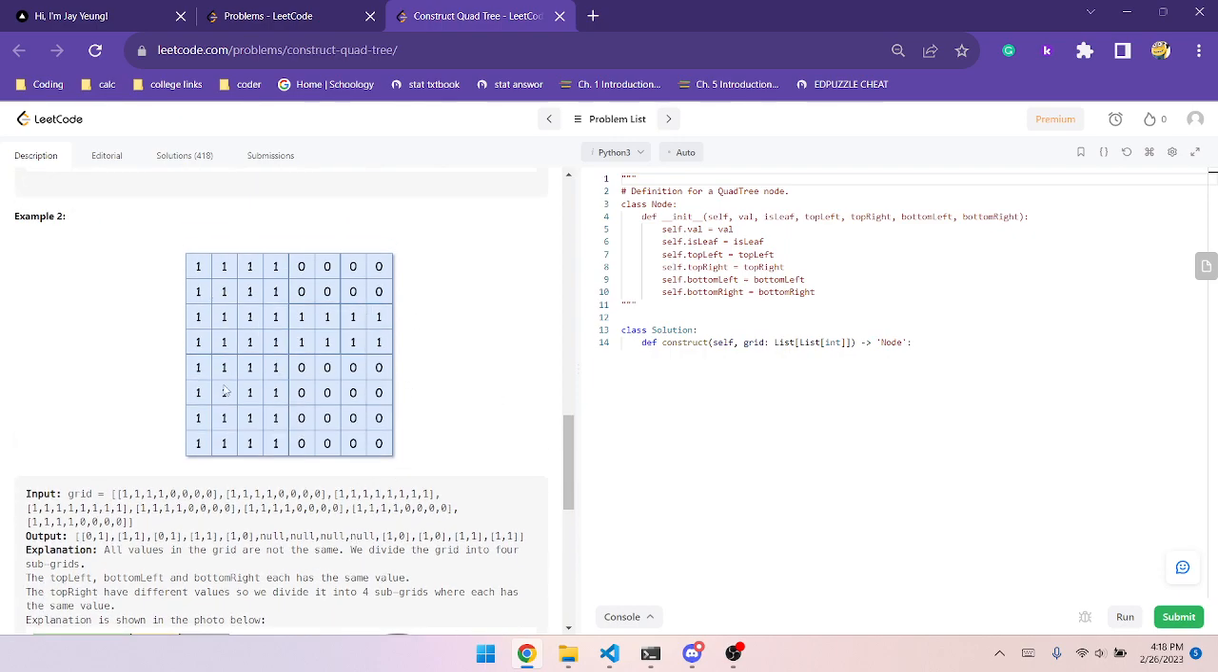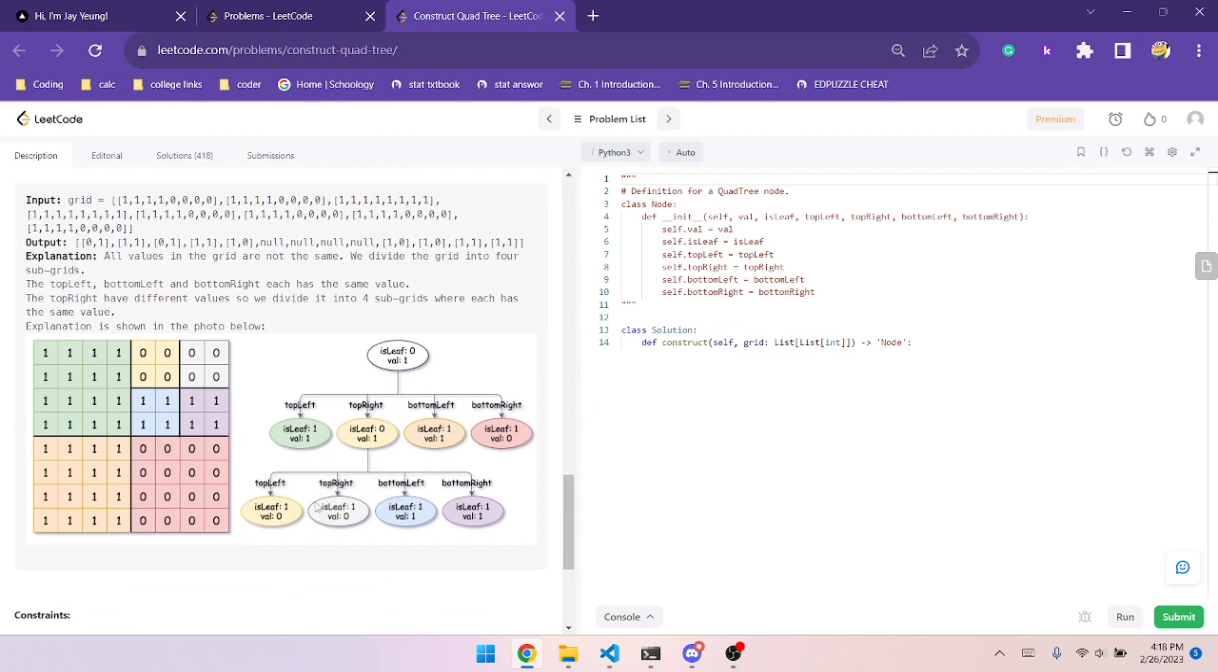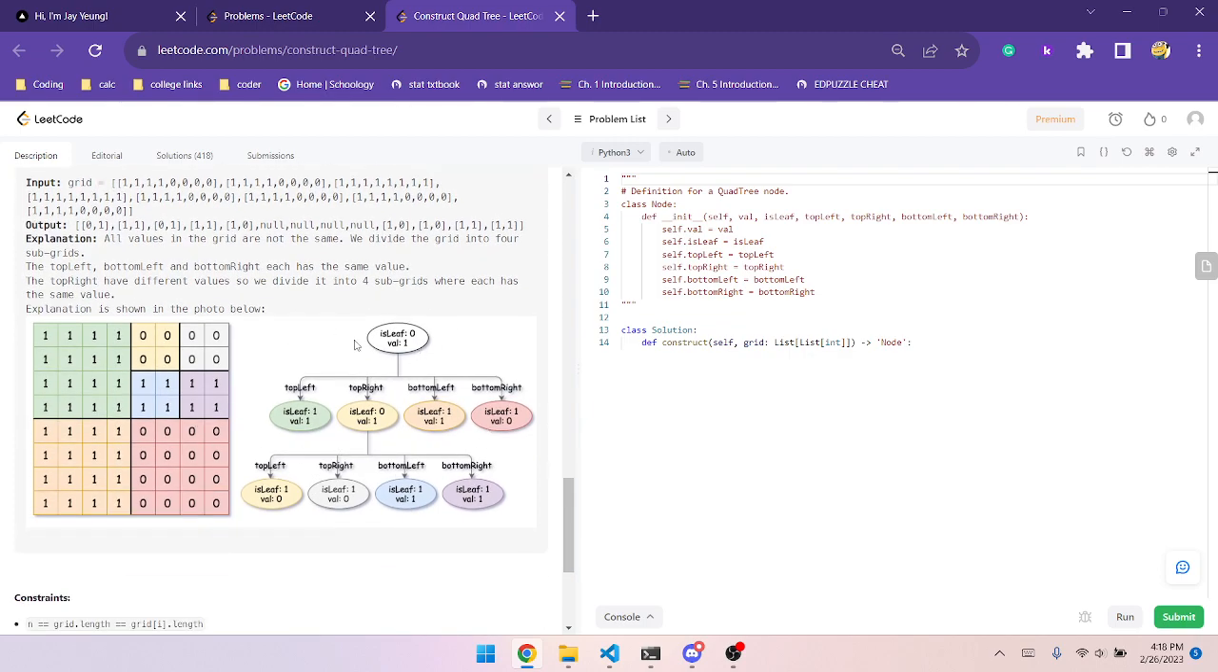And then for this second example, it's very similar, except it's a larger scale this time, and this is the breakdown of it. You start with one root node, and then they have their own four leaves, and then they have their own